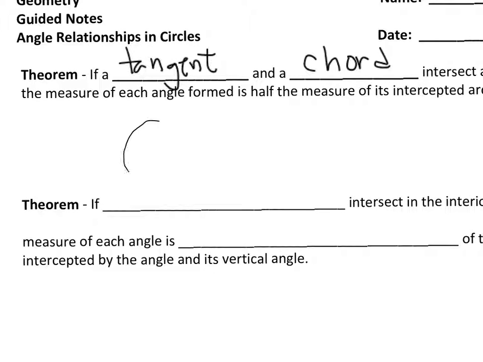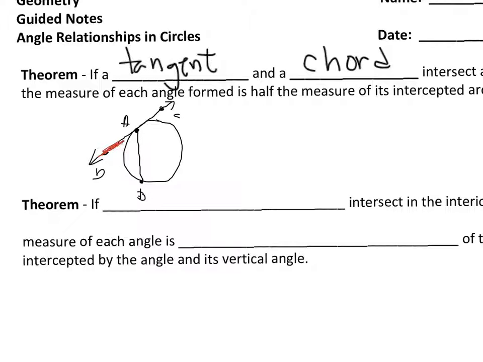So I have this circle. So I have a tangent line, which we know meets at only one point at a 90-degree angle. So there's my point of tangency. And then I have some chord, whatever that chord would be. Let's say the chord is here. So if I call this A and this B and this over here C and then maybe a point over here D,